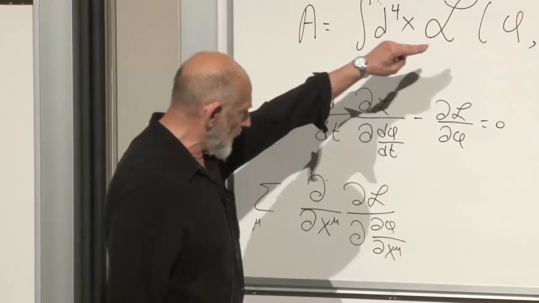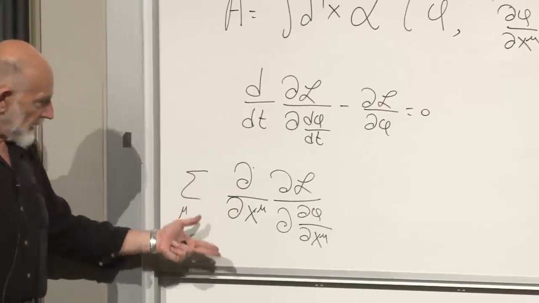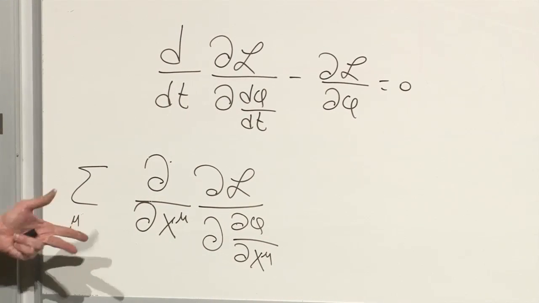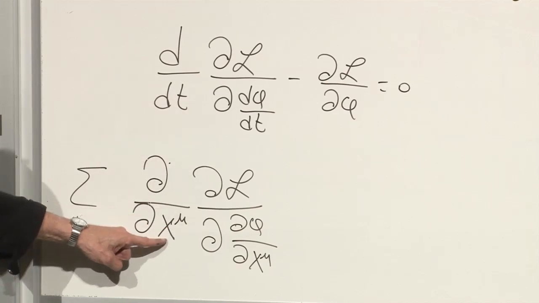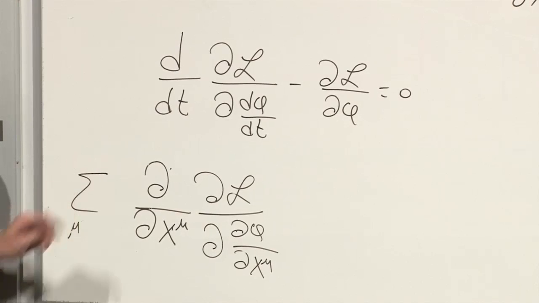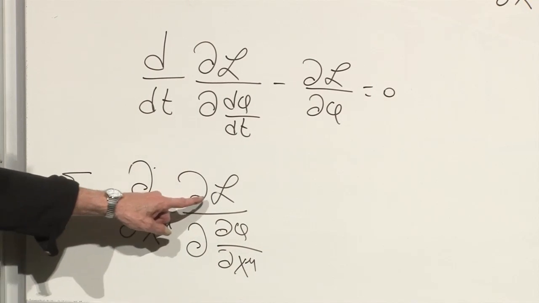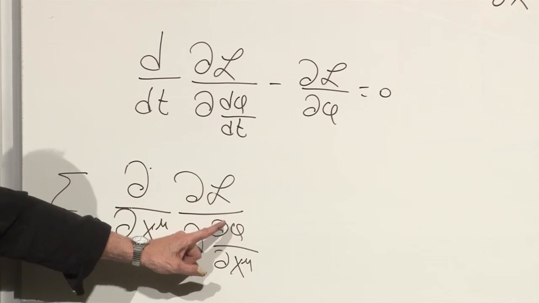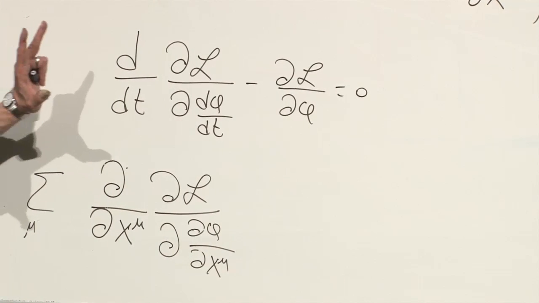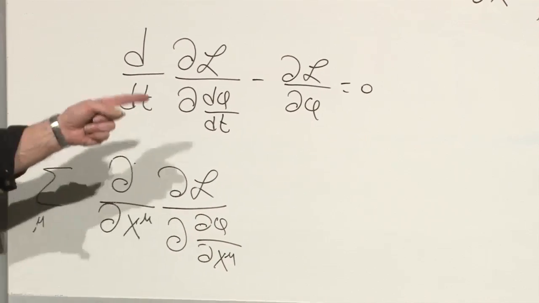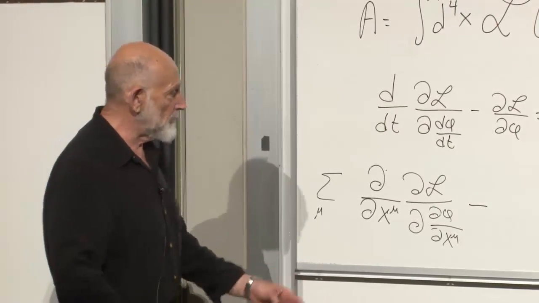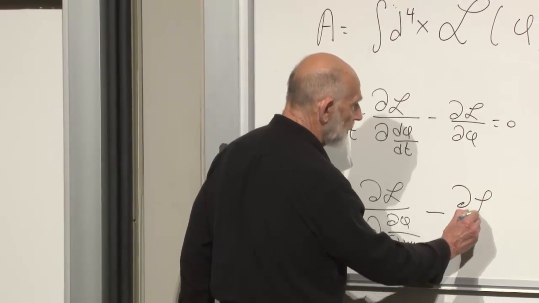In other words, you go and you look for the particular term. Here's a particular term, for example, d by dt. There's one term which is mu equals the time component. It would read d by dt of partial of L with respect to phi dot. But then there would be another term, plus d by dx of the derivative of the Lagrangian with respect to d phi by dx. And then another one for y and another one for z. That's what happens to this term. That's all. The other term is even easier. It's exactly what it was before, the derivative of the Lagrangian with respect to phi.